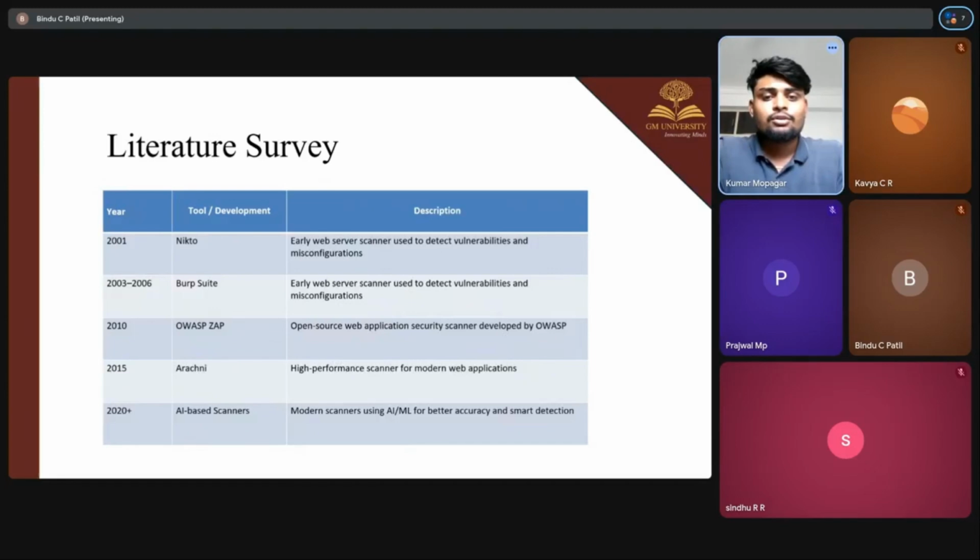In earlier years, tools were simple and could only detect basic issues, and as the technology improved, newer tools have become faster, more powerful and easier to use. In today's modern scanners, we are using AI and machine learning to detect security problems more accurately. This literature survey will help us understand the earlier work and improve building a better system for our project. In the next slide,